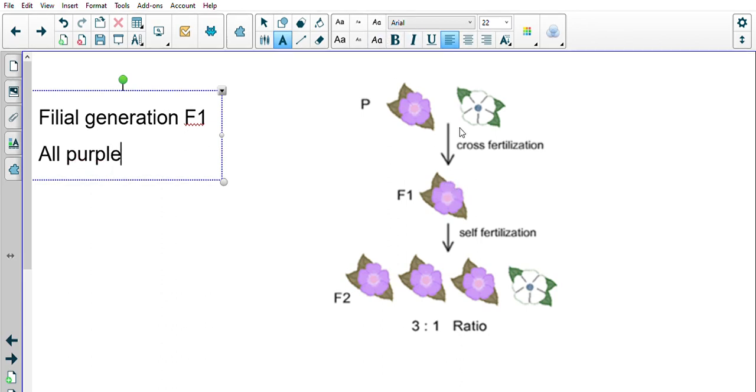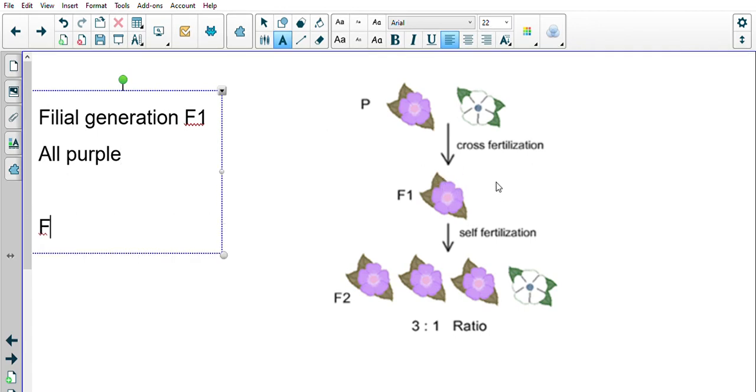And he found this for all the other combinations that he did. If he took non-wrinkled and wrinkled, only one of the versions was shown. If it was green and yellow peas, if he put the two different together, he would only get the one color, which was very interesting because the other color was then masked. It was covered. It would never show up in the actual phenotype of this particular generation.